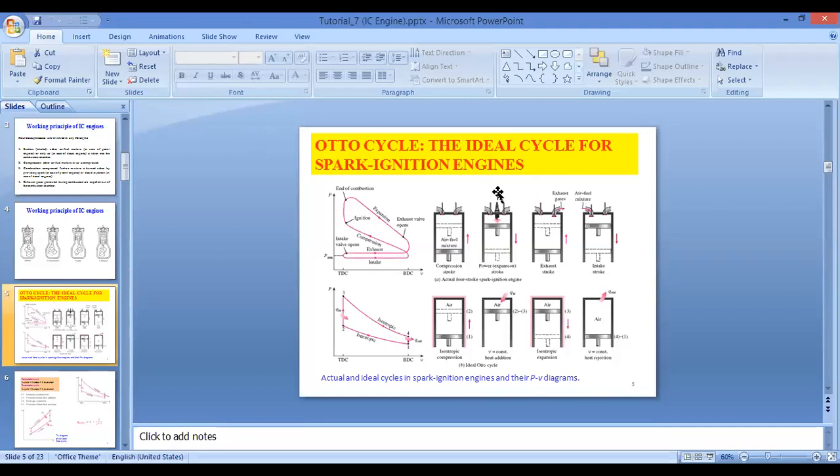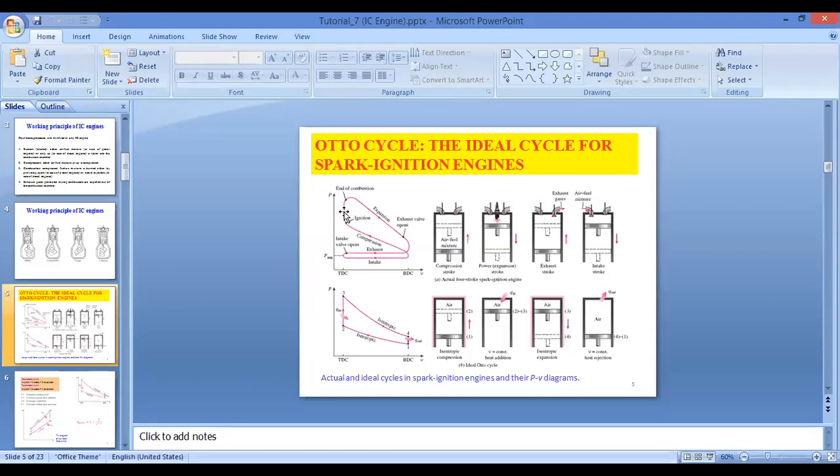Now during this process, the volume is constant. Initially volume V1 is large, but when we compress it, it is obvious that the volume will decrease. You can see the volume has decreased, but at the same time the pressure has increased. So during the compression process our pressure will increase. Now if we add the heat, again the pressure will increase. You can see the increase in pressure from 2 to 3, but the volume is constant because we are not adding any air or fuel during process 2 to 3. So it is a constant volume heat addition process.